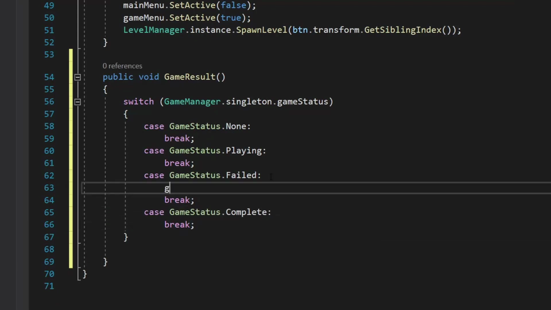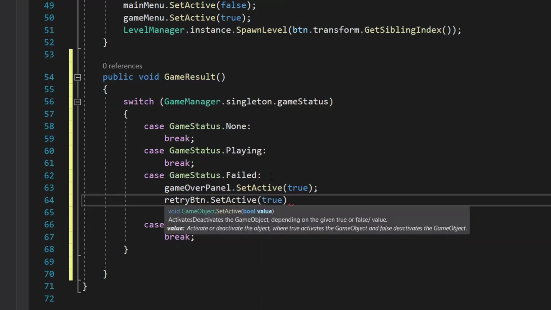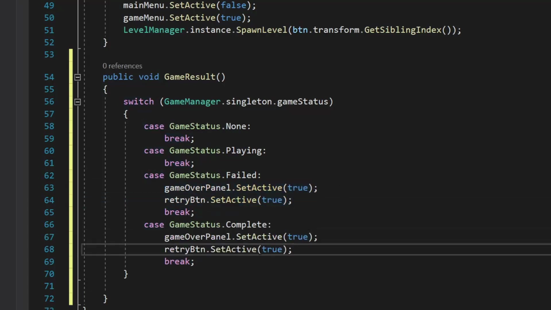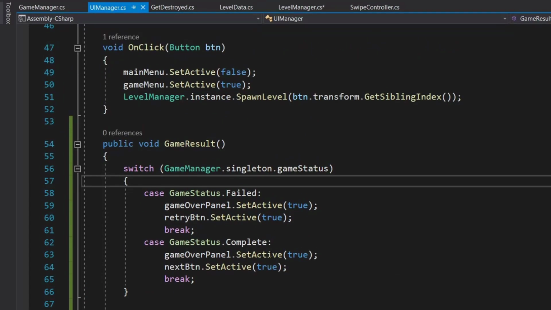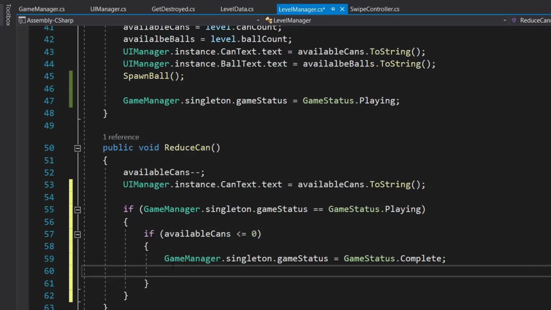So in game status dot fail, we set our game over panel dot set active to true and retry button dot set active to true. And in game status dot complete, we set our game over panel dot set active to true and next button dot set active to true. Now this method we will be calling in our level manager. So let's go to our level manager. Here we will call our UI manager dot instance dot game result,